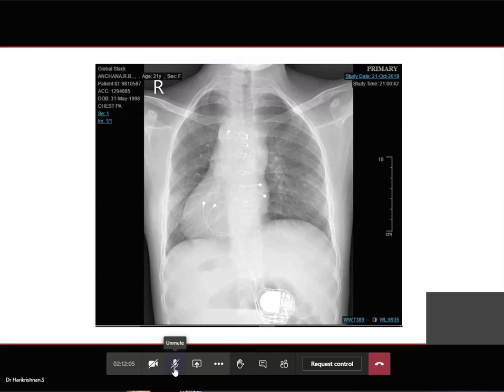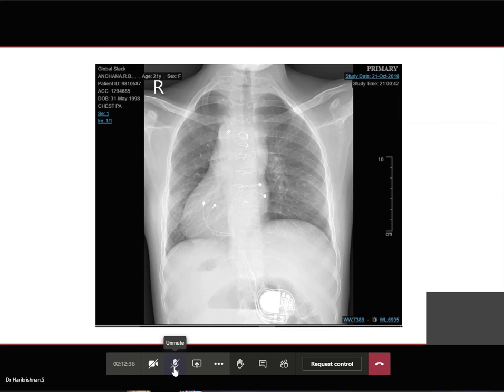Post-op status. Sternal wires are there. Post cardiac surgery. Corrective surgery. Epicardial pacing means you have to do surgery. Aorta is forming the left border, sir. Okay. CCTGA with AV block has undergone a pacemaker.